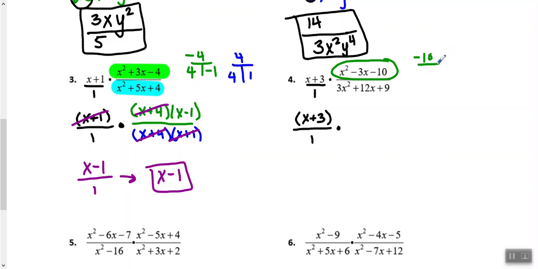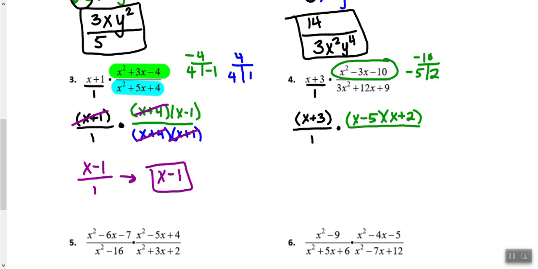So what multiplies to a negative 10 but adds to a negative 3? Negative 5 and positive 2. So x minus 5 and x plus 2